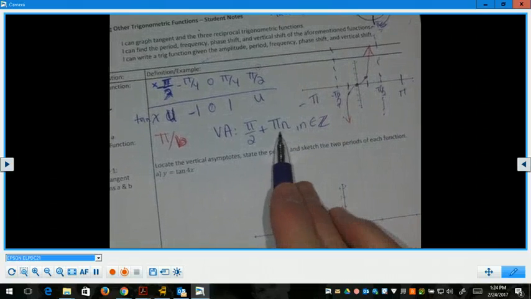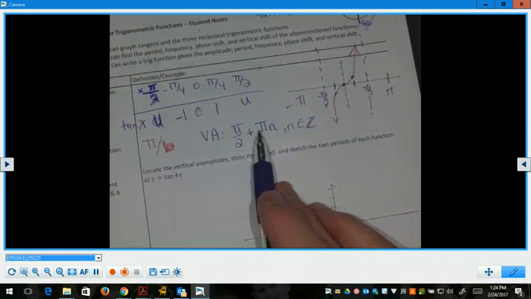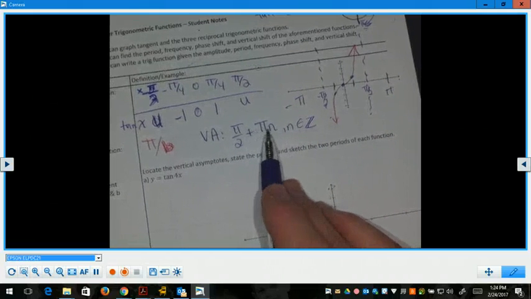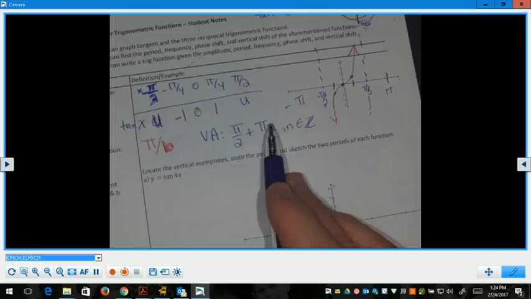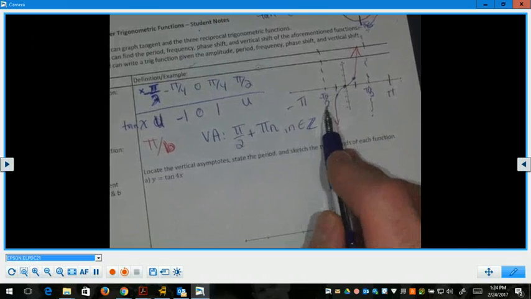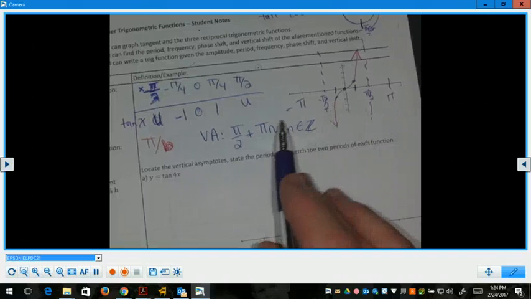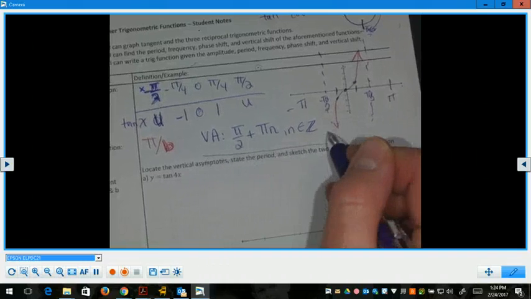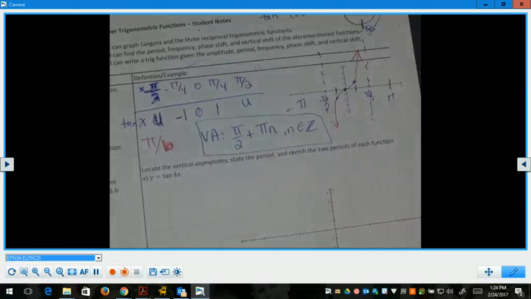So if you multiply that by 1, it'll be 3 pi over 2. By 2, it'll be 5 pi over 2. By negative 1, it'll be negative pi over 2. So you'll get all your asymptotes that you could ever possibly graph, not that you want to graph them all,